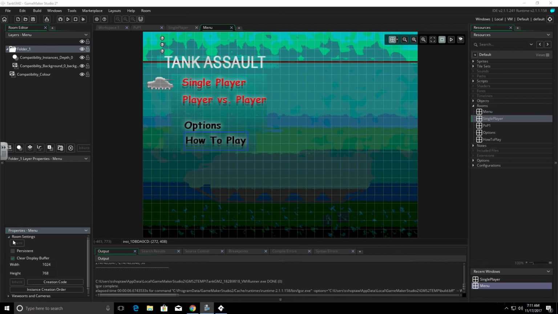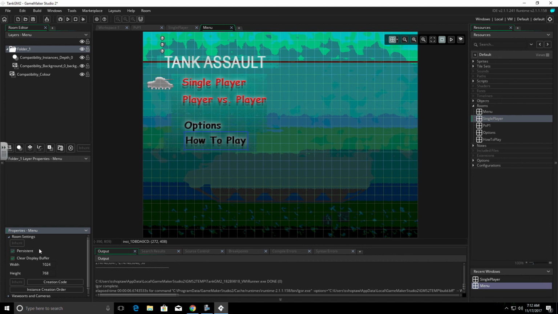We can have GameMaker inherit settings for the room. We can make the room persistent. And what persistent means is that normally when we jump from room to room, and say we go from room 1 to 2, and then we come back to room 1, room 1 is normally reset. So any kind of settings that we did, if we had gameplay in room 1 and maybe we changed things around, when we come back to room 1, it's reset like we've never been there before.